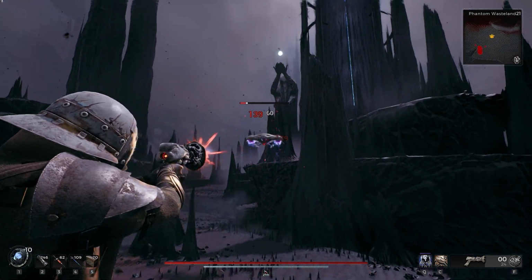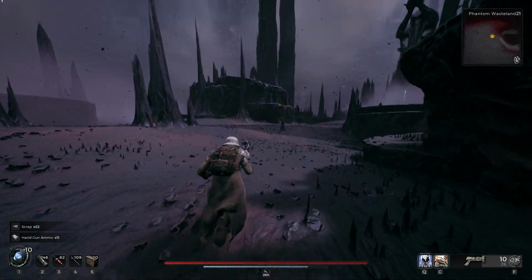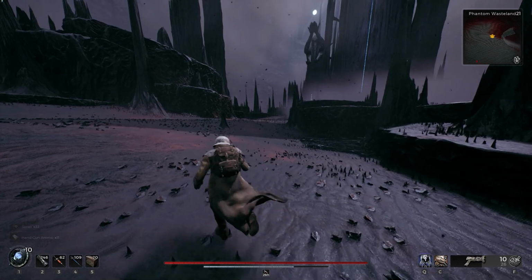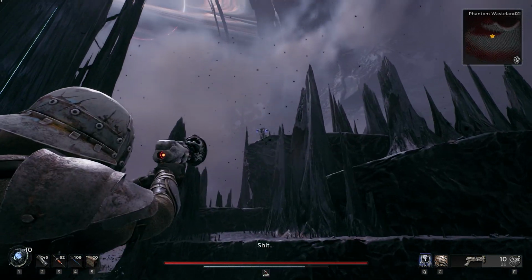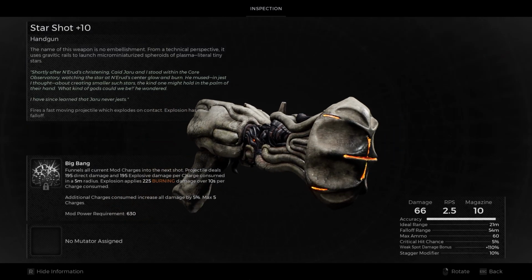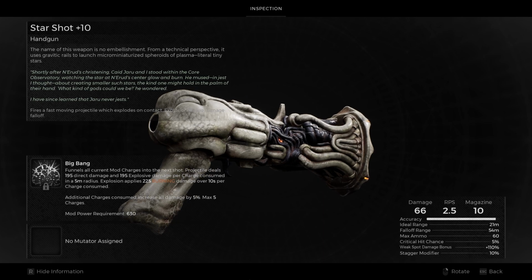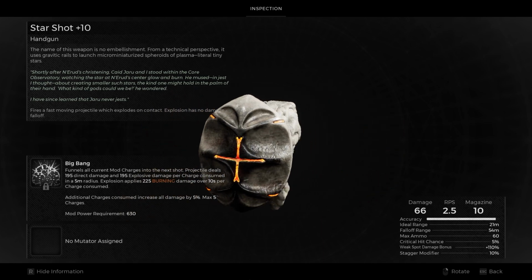A fully charged shot will vaporize any trash mob, and anything that survives will suffer a heavy burn dot. The biggest issue with the weapon, besides the hazard it poses to the player and their teammates, is the mod cost. Each charge needs 630 mod power. With nothing boosting mod power, this takes ages to build up, so the most obvious route to go would be